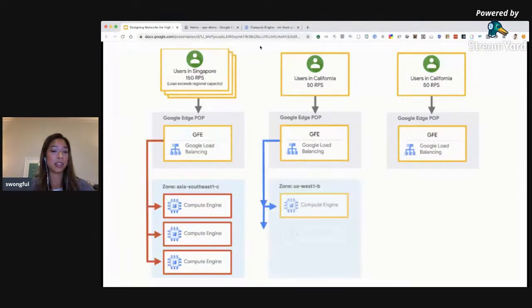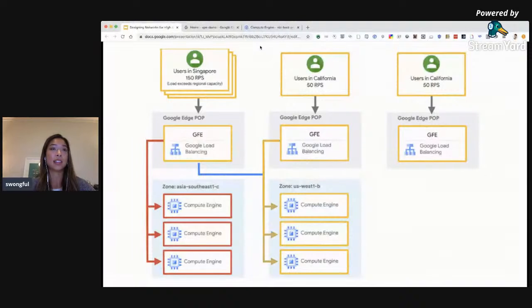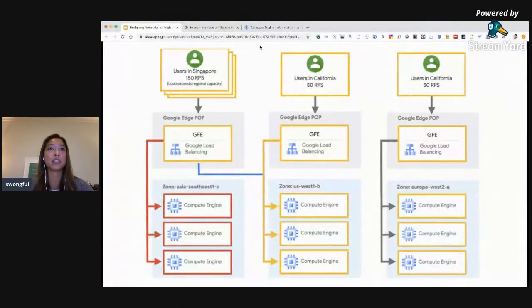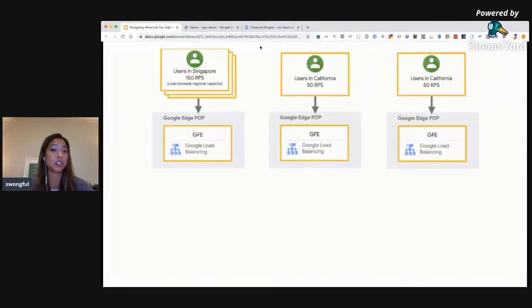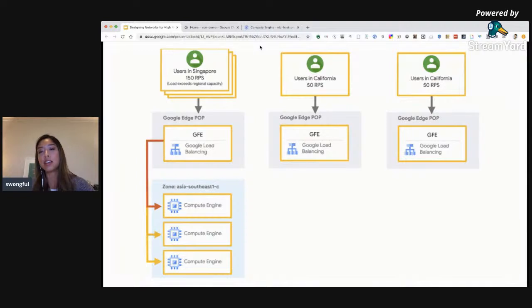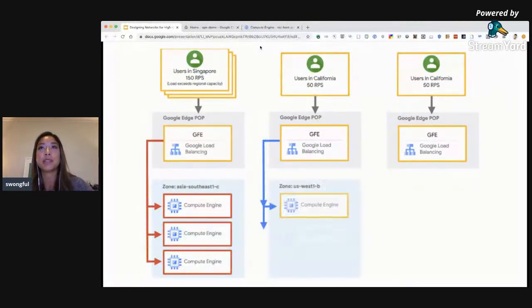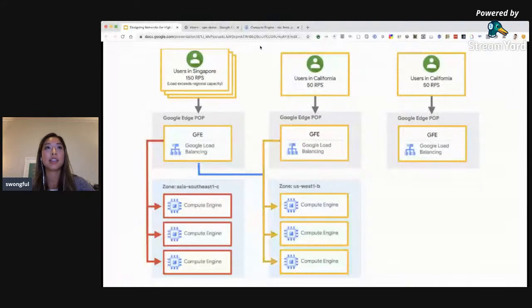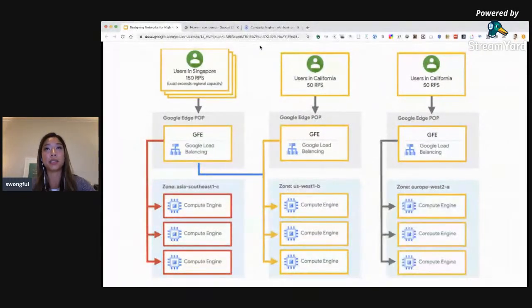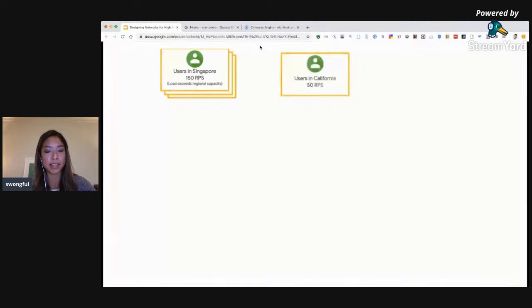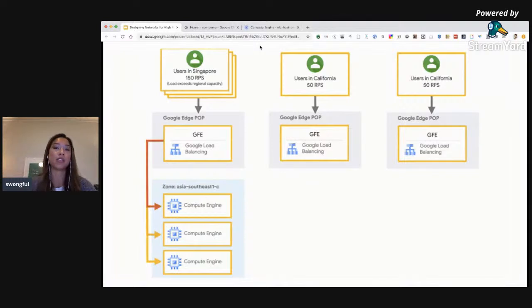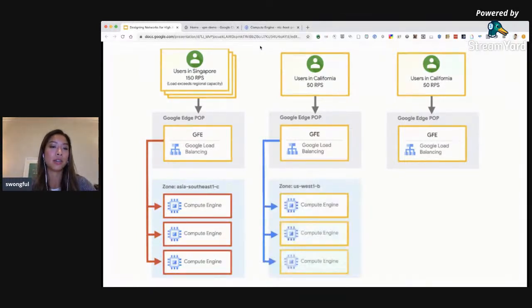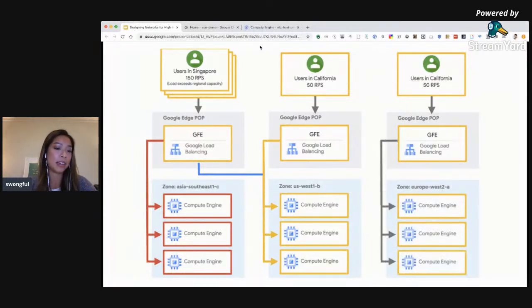So in terms of scale and how this works in the back end, the layer 7 HTTPS load balancer can handle millions of queries per second, as I said, and it means that you can deploy backends in different regions around the world and ensure that the system can handle that load. In this architecture, you can see that there are multiple VMs in an instance group sitting in different regions. This is the best design for creating a highly available network. The key is that you have multiple backends that are replications of one another sitting in each region, and you have a front-end load balancer that will send traffic to the closest region. So in this case, Singapore users are hitting the GFE sitting in Singapore, and it's reaching the backends.